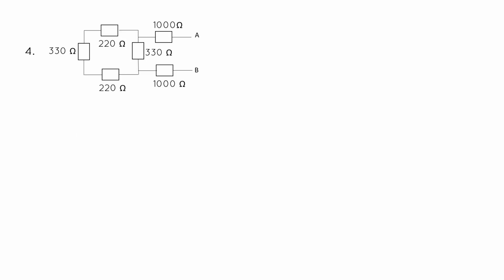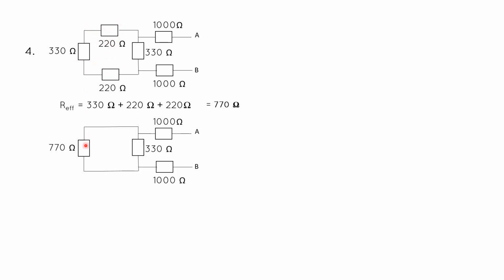We have this network. We're going to find the effective resistance across AB. So we simplify this first. You can see we have 220, 330, 220 in series. You can see this is connected by one end to this, connected by one end to this. We are sure these three are in series. So we sum them up to get R effective in that position, and we're going to have 770 for this place. So we bring these three resistors down to just one resistor, and we have this configuration now, 770 ohms